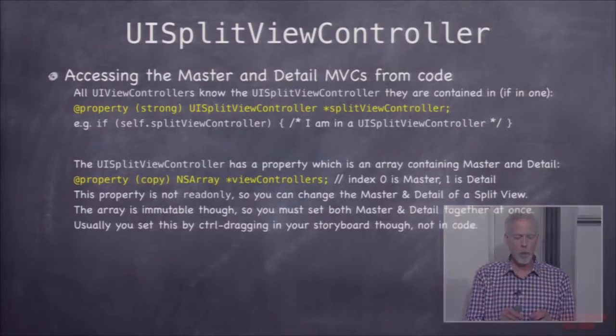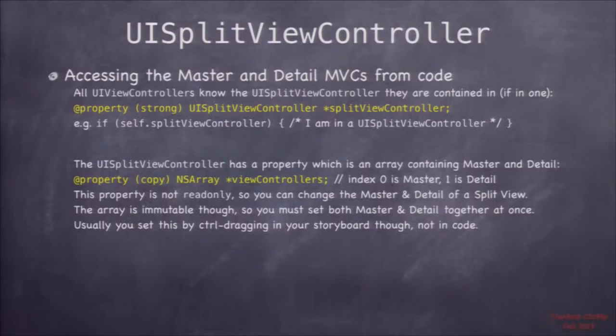In your code, you want to be able to access the master and the detail, and there's two properties you need to know about that. One is the property in UIViewController called splitViewController. So if you send the splitViewController getter to any UIViewController, it'll return what split view controller it's in, if it's in one, anywhere in it. Okay. If it's not in it, it'll return nil. So this is a good thing to check if you have conditional code that works one way on an iPad and one way